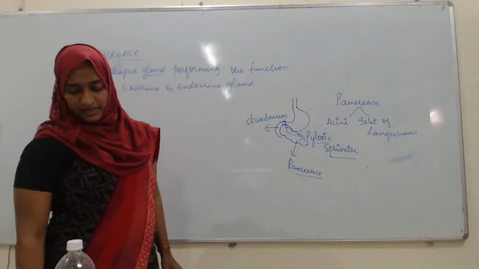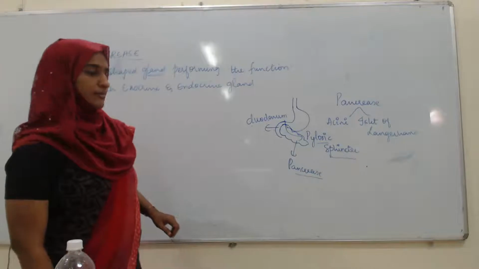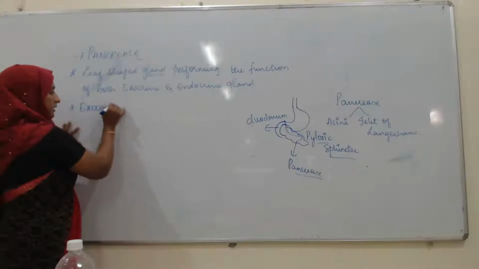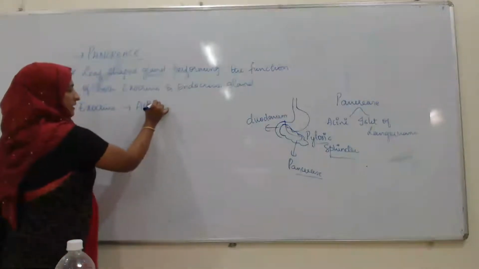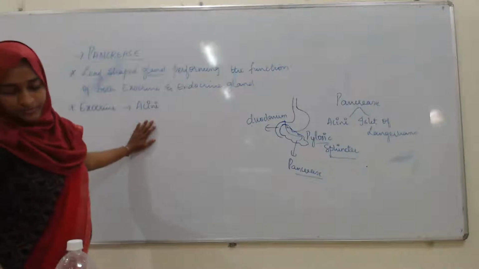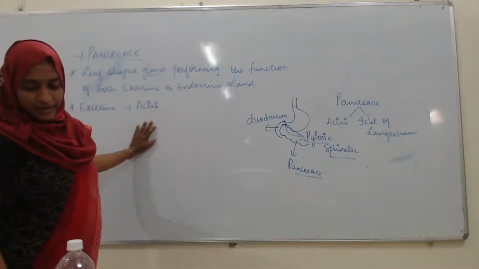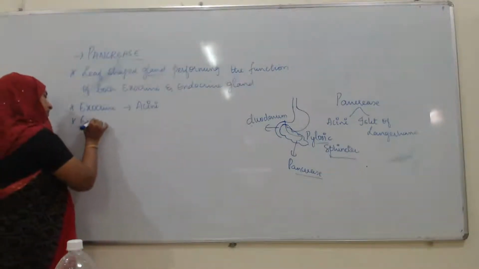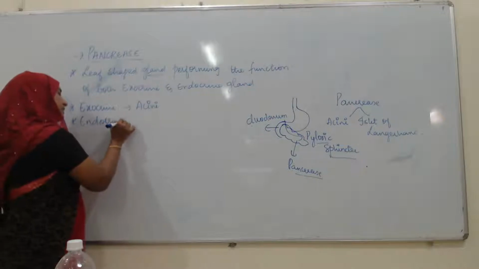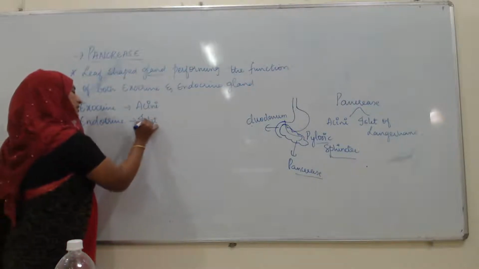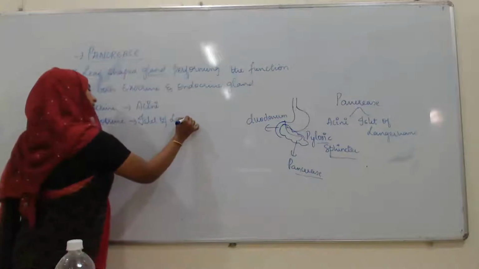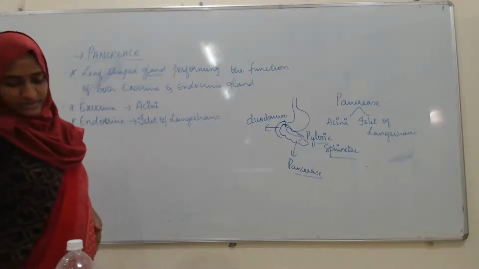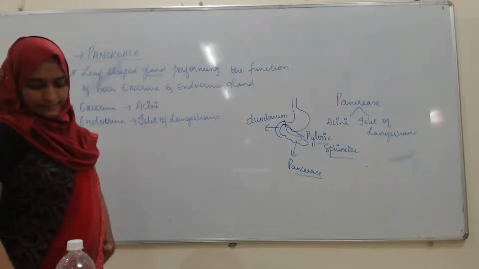So here the exocrine part consists of the acini. Exocrine part, it consists of cells, that is the acini. Okay, while the endocrine part consists of a large number of islets of Langerhans. Okay, the next, the acinar cell shows a next